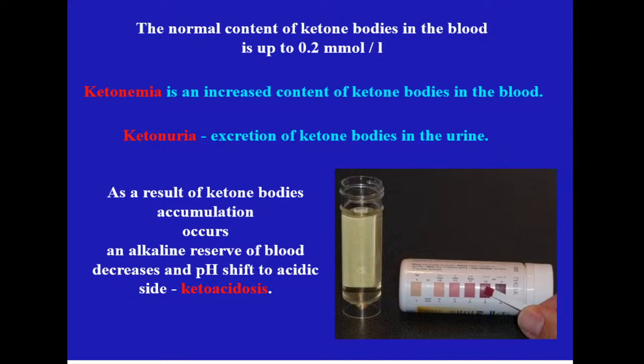So ketoacidosis is a state of the organism which is formed in case of overproduction of ketone bodies. What states can be accompanied with this? We told this is fasting. In this case, ketosis is controlled and not so high. And in diabetes mellitus, this ketosis can reach very high values, and in this case can even lead to the development of ketoacidic coma and death. This is one of the reasons of death in diabetes mellitus.